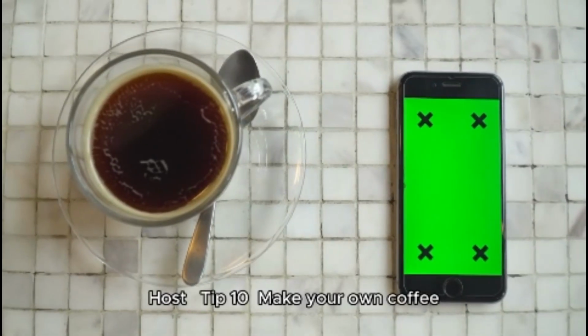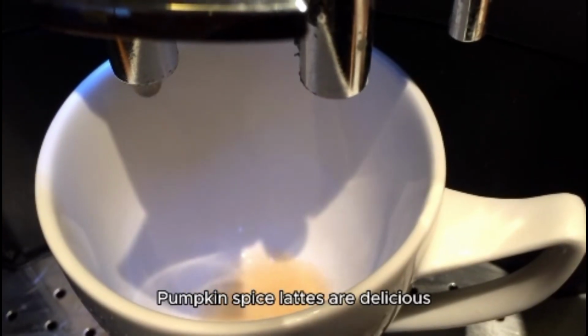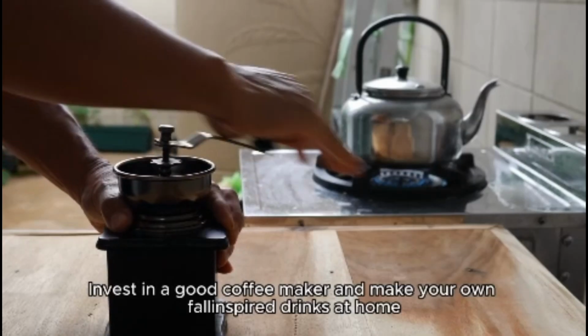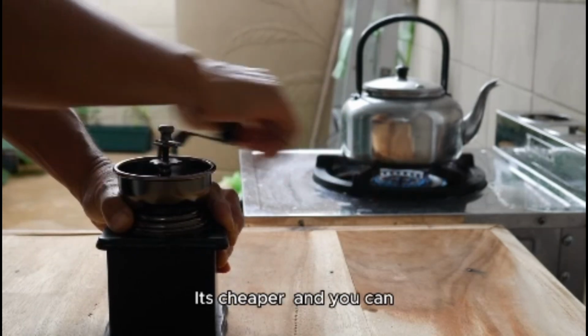Tip number 10, make your own coffee. Pumpkin spice lattes are delicious, but buying one every day adds up fast. Invest in a good coffee maker and make your own fall-inspired drinks at home. It's cheaper, and you can